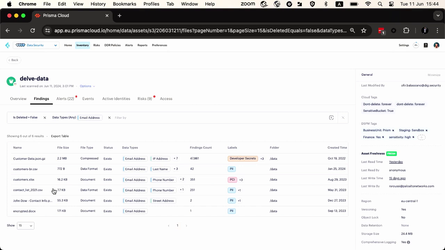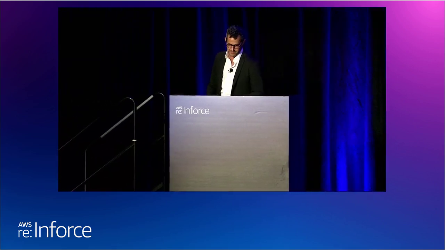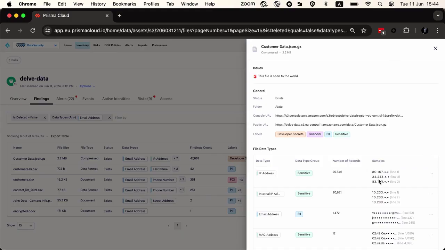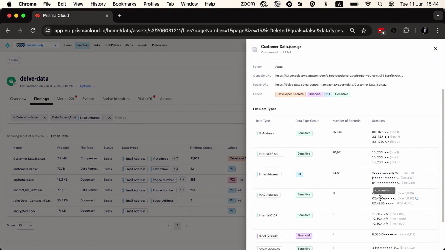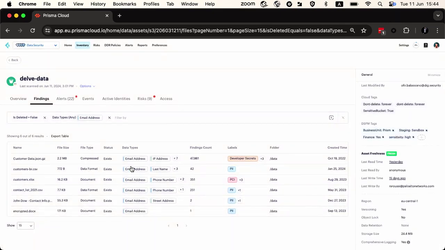Now when we analyze data, we're able to analyze any type of file out there in the market. Zips, tars, parquets, PDFs, Excels, documents. We're able to read MIP labels if we have them. And for each one, we will tell you exactly what we were able to find, where we were able to find it. So we have IP addresses and zip codes and specific keys. We'll show you a masked example for each one, and we'll even tell you the line number that we found that information in. And all of this, again, is done automatically.